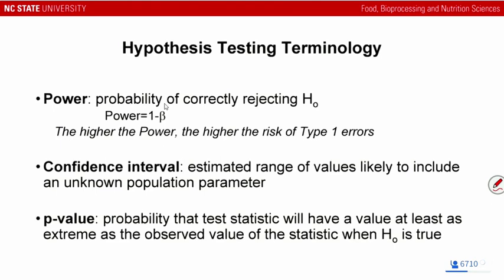And then we have this p-value, which is the probability that the test statistic will have a value at least as extreme as the observed value of the statistic when the null hypothesis is